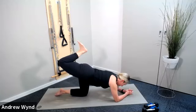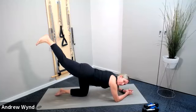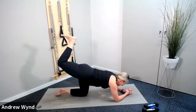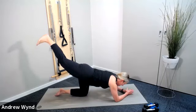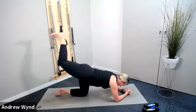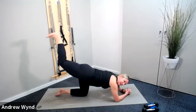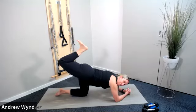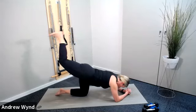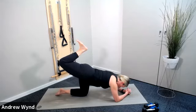Just check that you haven't completely tipped over to the leg that's supporting you on the mat. Try and stay nice and square as you squeeze that hamstring. 5 more times. 5, 4, 3,